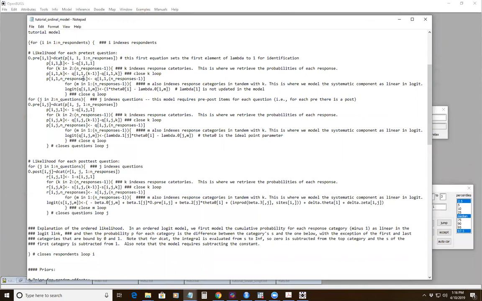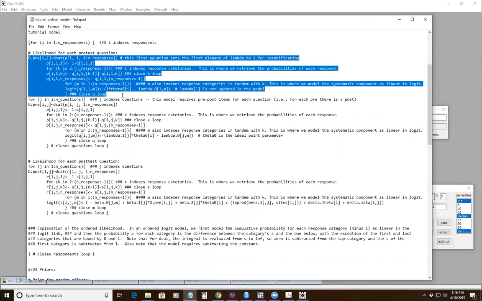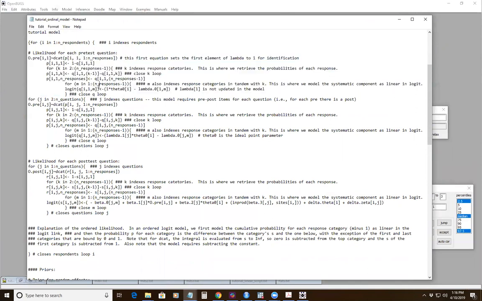And in the tutorial video, I spent a little bit of time explaining all the different components of the likelihood for the ordered model, but you can see that what we're doing is modeling the probability of each of the responses using the P's and Q's, and then the linear component is a logit function. So this part is the likelihood for the IRT part of the model, with this being the systematic component. And then this is the